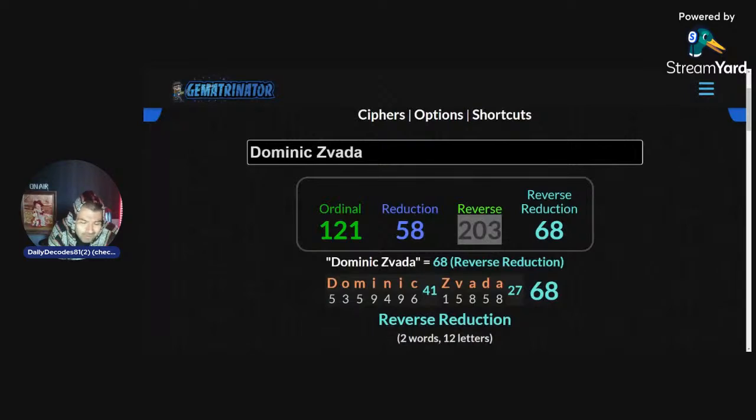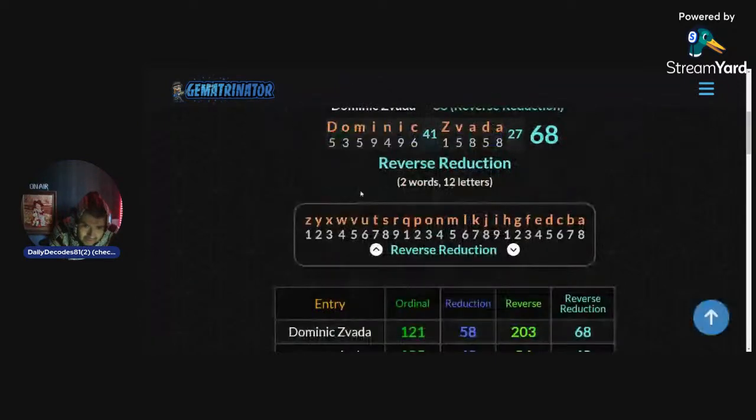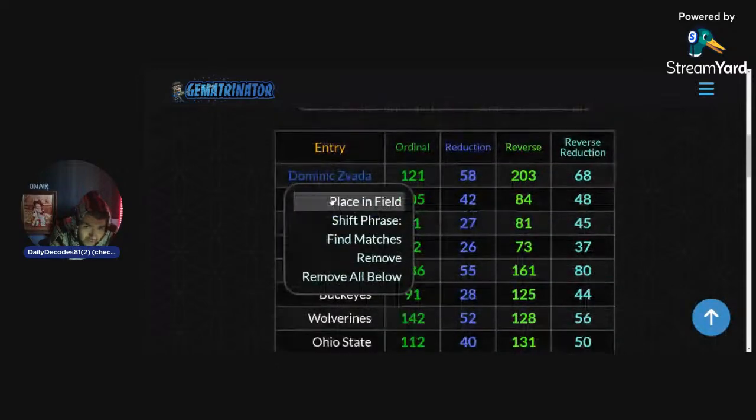And in reverse, his name equals 203, like 23. You see the 2, you see the 3, and that's just a 0. 0 numerology rules. Bam! That's amazing. Okay, so I'm not going to do a bunch of slides and go all long, but I do want to see if something else matches with whatever else we entered here so far.